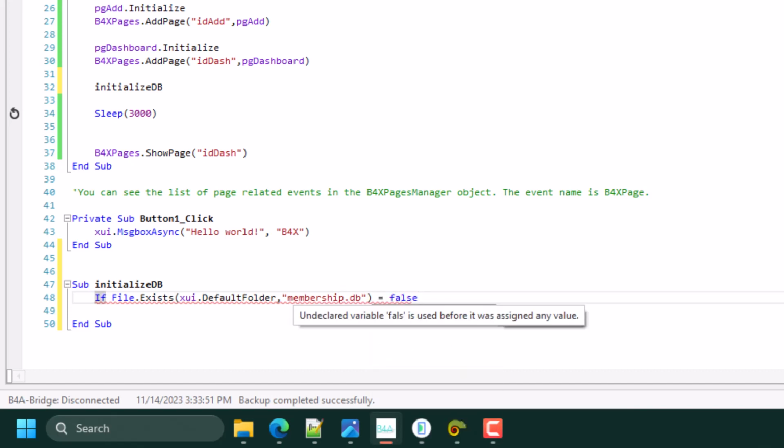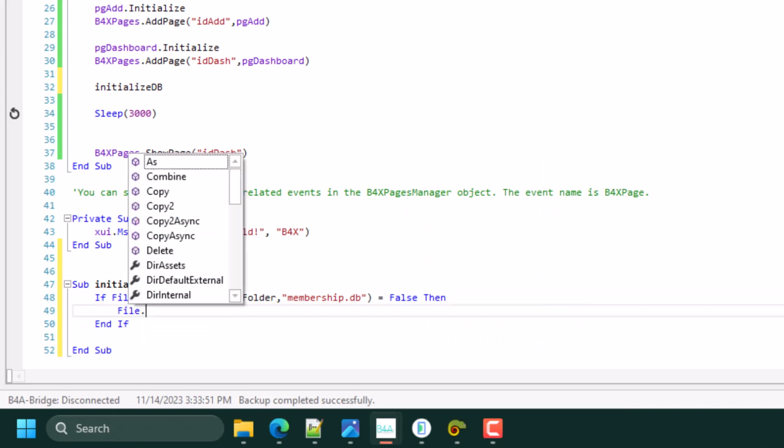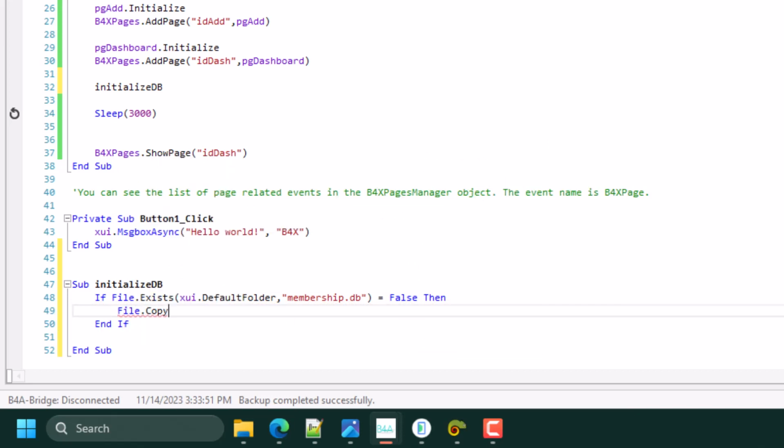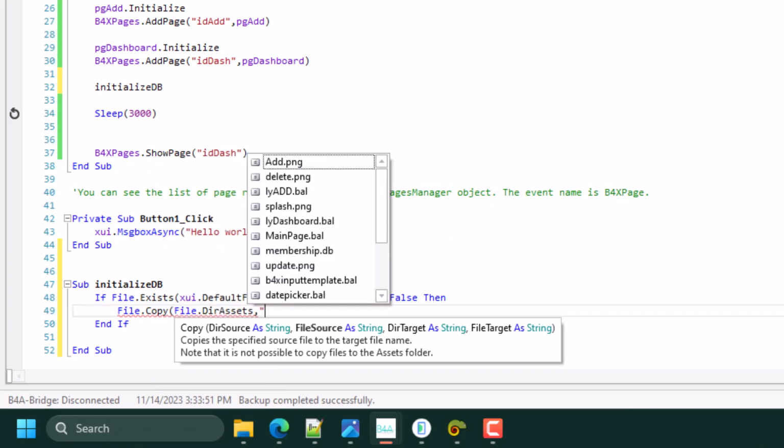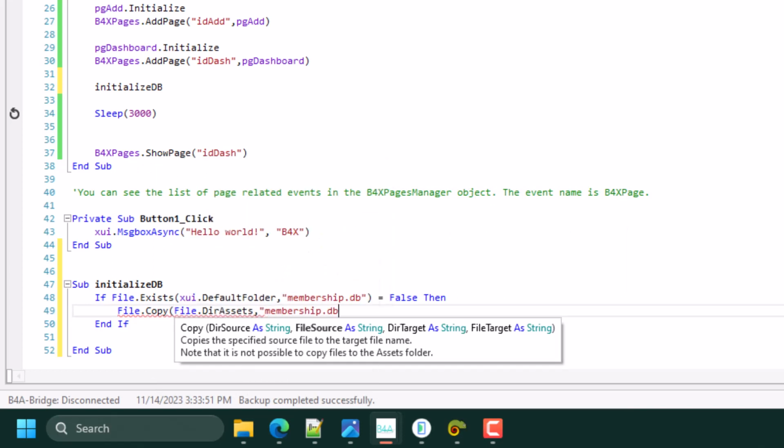If the file is not there, then we copy it from DirAssets, the file name membership.db. We copy it to the default folder, and let's give it the same name, membership.db.